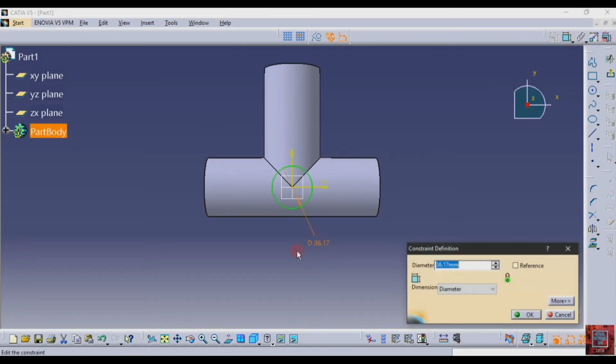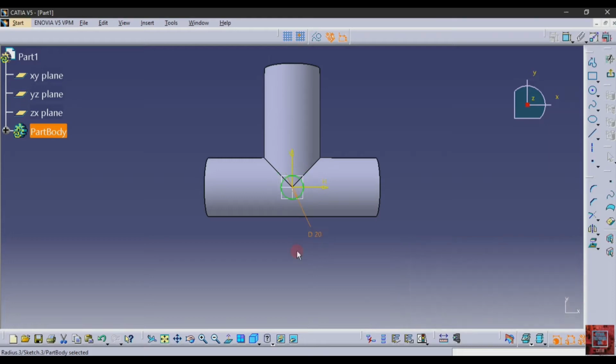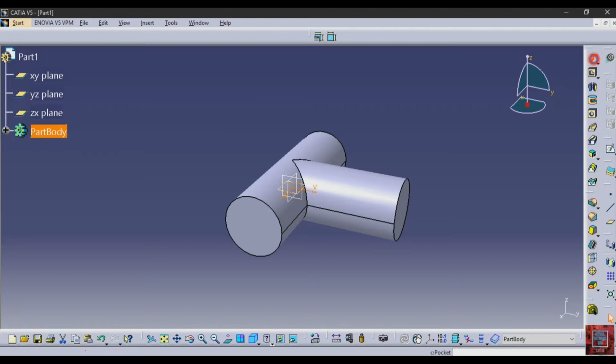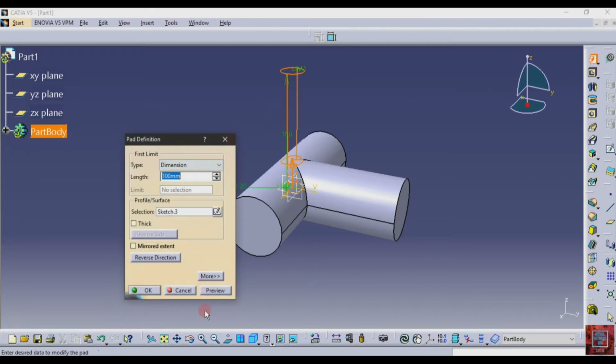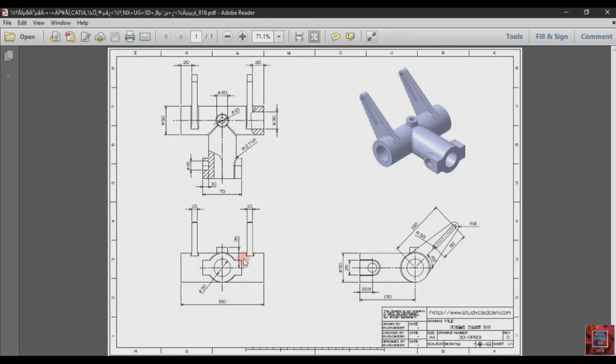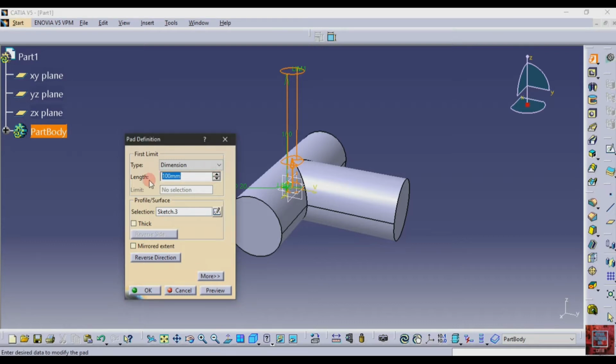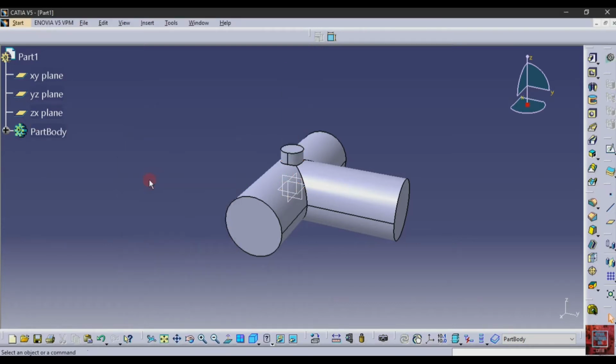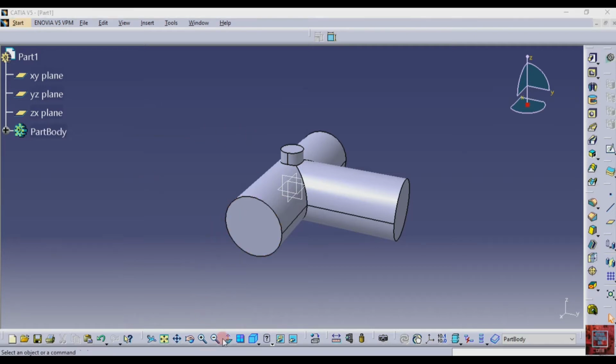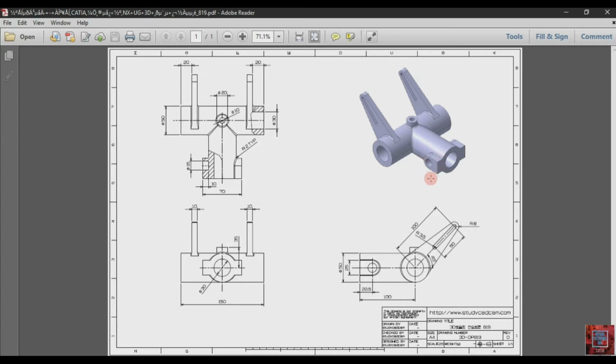So double click on it and type here 20. After that exit sketch and pad it upside at a length of 35. Here it is given 35, length 35. This side will be ready.